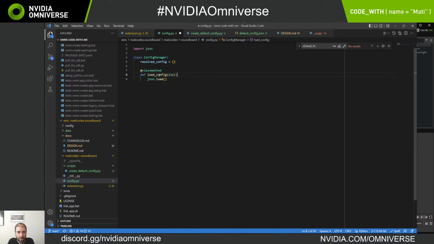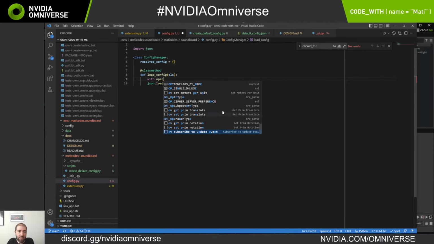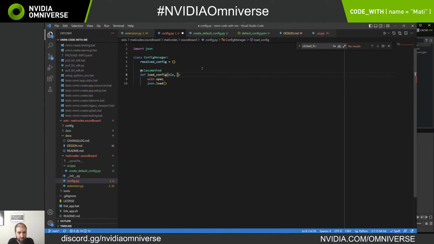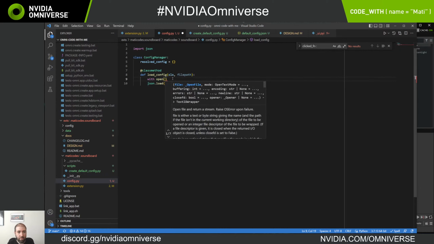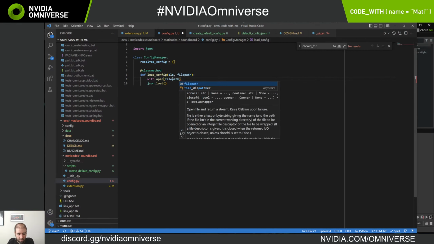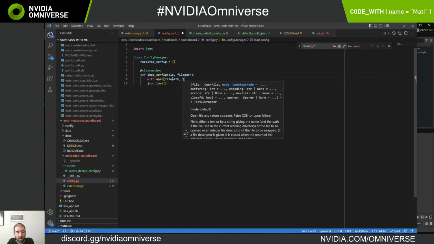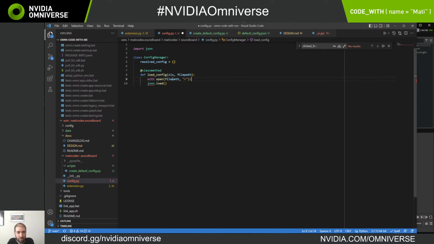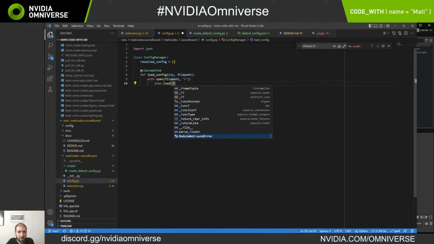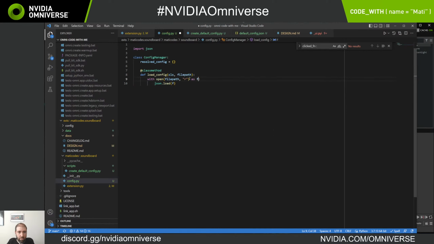So we need to open the file and then read it. So with open, we're going to pass in the file path. And this is going to be read. We load. I need the file object. We load it. We'll store it in